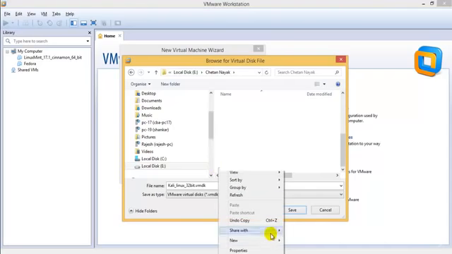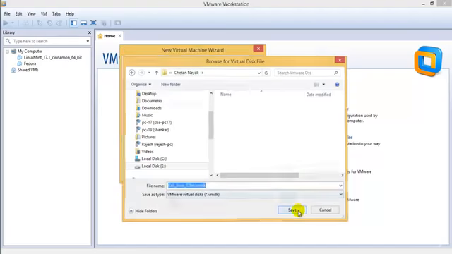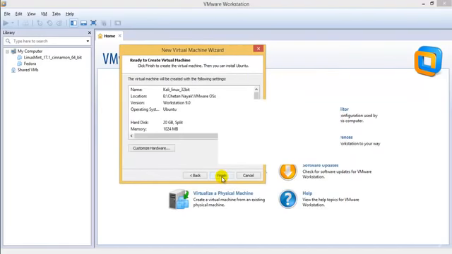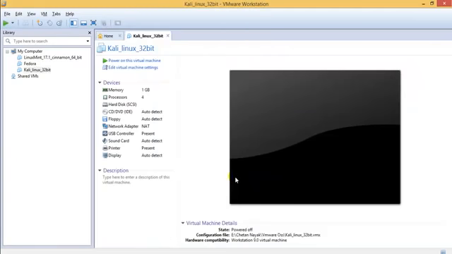Is there an option over here? Okay. And I'll name it OSS, and I'll go ahead and save it over here. Perfect. Next, so as you can see, VMware OSS, and we have everything over here. Finish. Perfect. And once I have it over here, before I go ahead and install it, I need to go